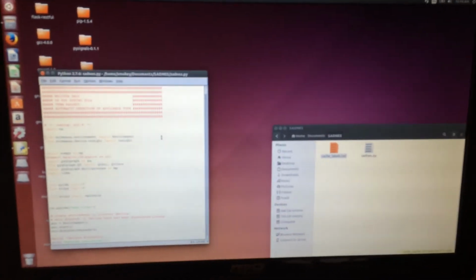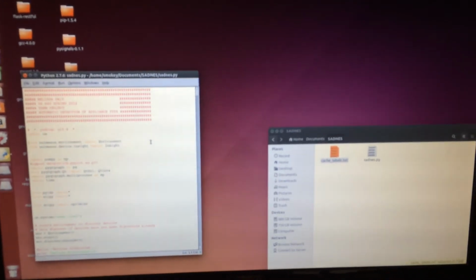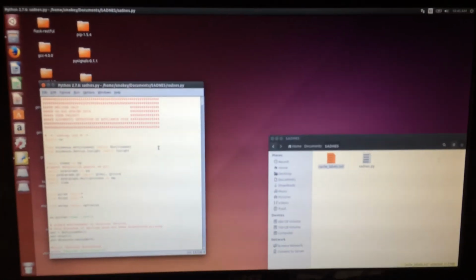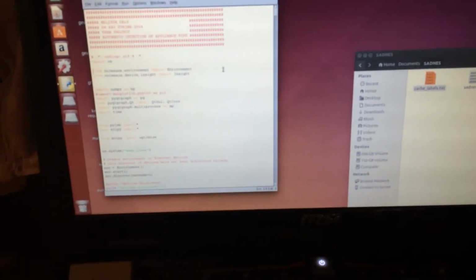Okay, I'm going to walk through the program that I made, SADNES, to monitor and hopefully label the appliances I have plugged into the WeMo switches. One of them is this toaster over here, and it's the switch over there, and it has this laptop plugged in. So I will start the shell,